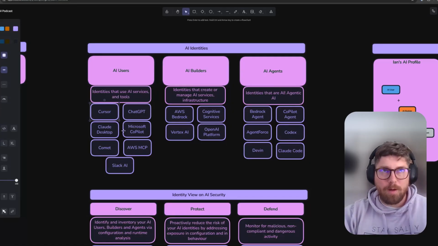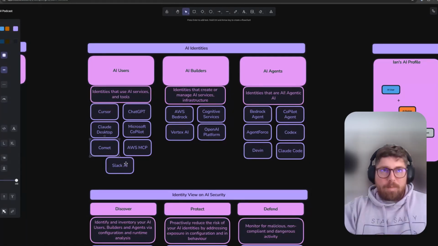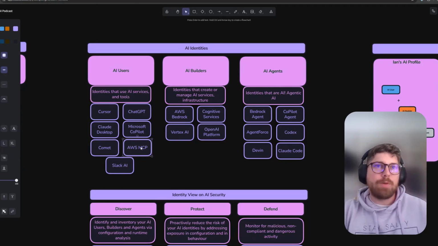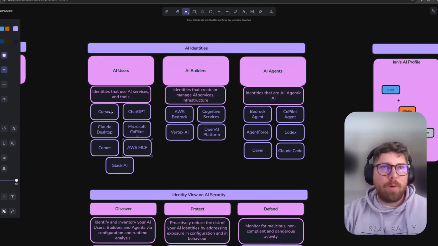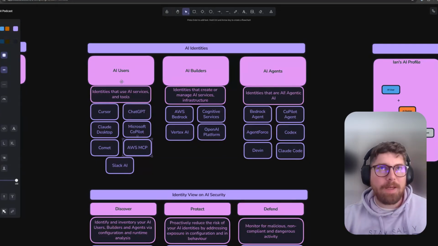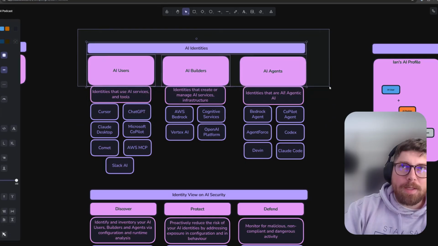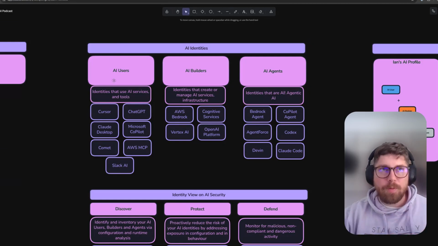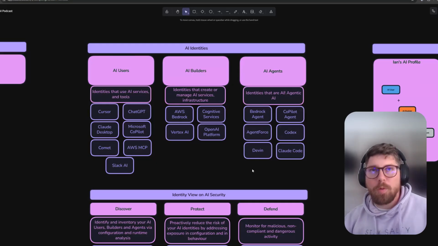Your people who are using Cursor. They have the Comet browser. In Slack, they use the AI features. They have Loom. They're using the MCP for AWS. Whatever the thing is that's AI related, they are consumers of that thing. And really, we break it down into these three buckets that you see up here. When it comes to AI-related identities, you have your users, which we just covered, and builders. These are the people who manage or create the infrastructure or manage the applications associated with AI stuff.